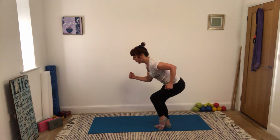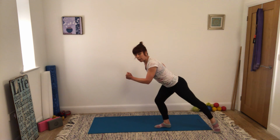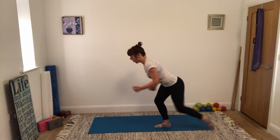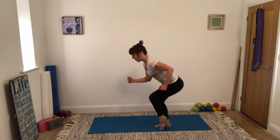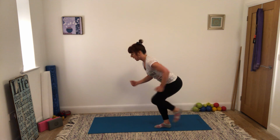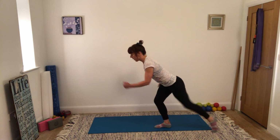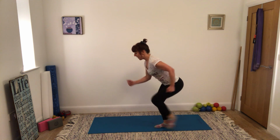The two arms are moving from the shoulder. That one leg is moving behind you and coming back in. Everything else in your body is staying in exactly the same place. If you wanted to work harder, if you were feeling quite strong today, you could tap in and push the heel out. Tap in, push the heel out. Or you could keep the leg off of the floor all the time. This is hard work. Let's have another 5, 4, 3, 2, and 1,